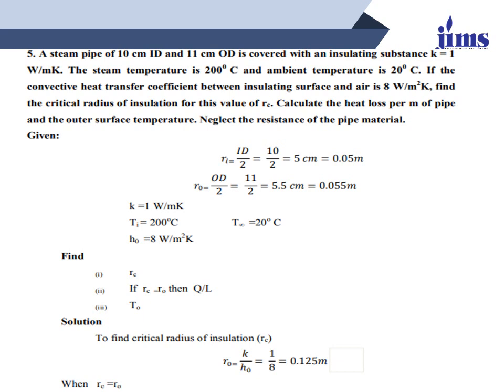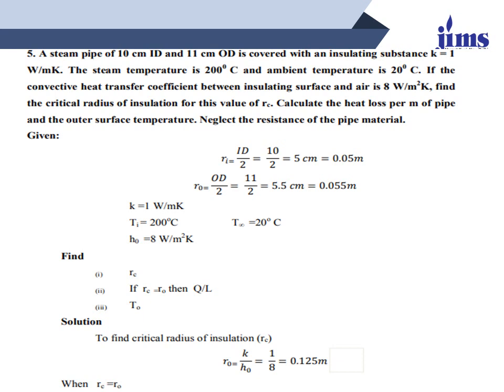A steam pipe of 10 cm inner diameter and 11 cm outer diameter is covered with an insulating substance of K is equal to 1 watt per meter Kelvin, and the steam temperature is 200 degrees centigrade and the ambient temperature is 20 degrees centigrade. If the convective heat transfer coefficient between the insulating material and the air is 8 watt per meter Kelvin, find the critical radius of insulation. For this value of Rc, calculate the heat loss per meter of pipe and the outer surface temperature, and assume there is no resistance of